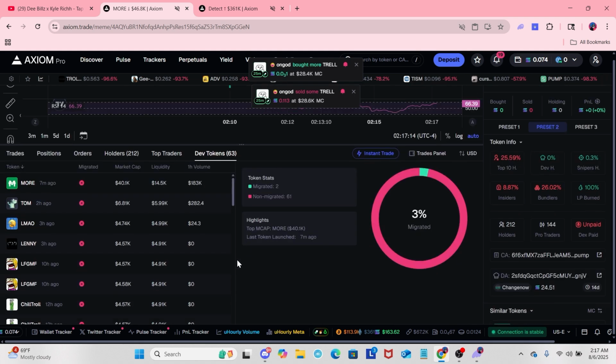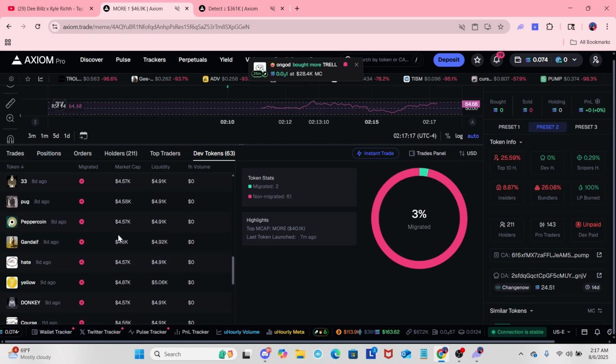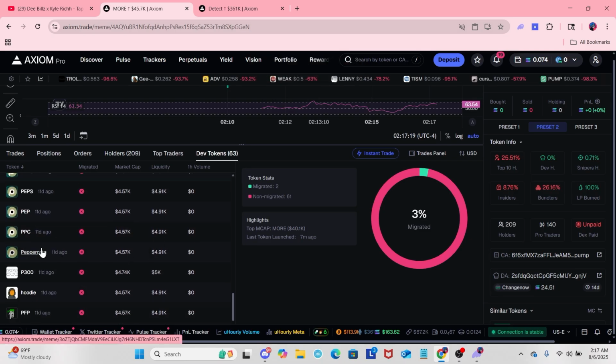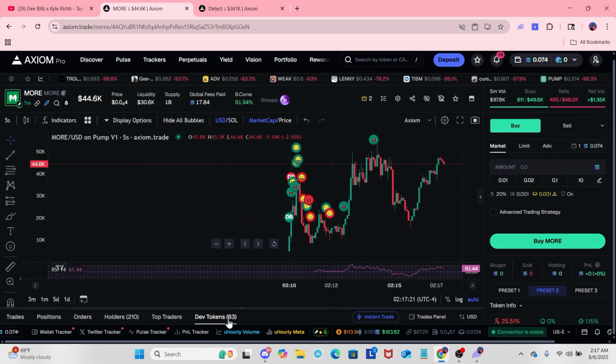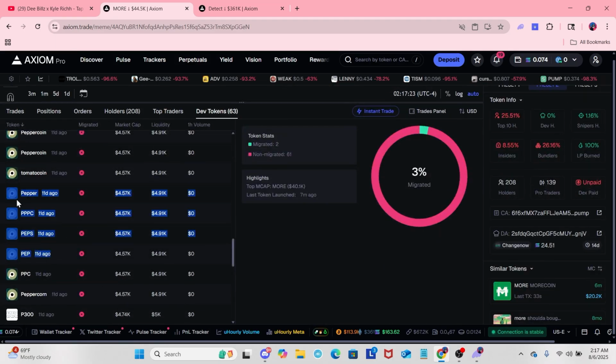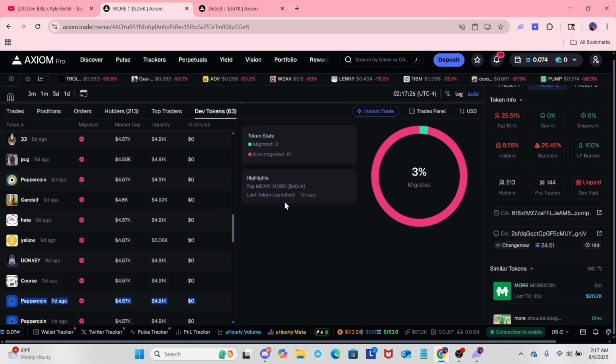We check dev tokens. Now, dev tokens is something good to look at, because it just shows you if the developer's a good developer or not. He's a 50-50, I'll say. Not bad. He makes a lot of the same coins in a way. Only a couple of them migrated, but this coin looks like